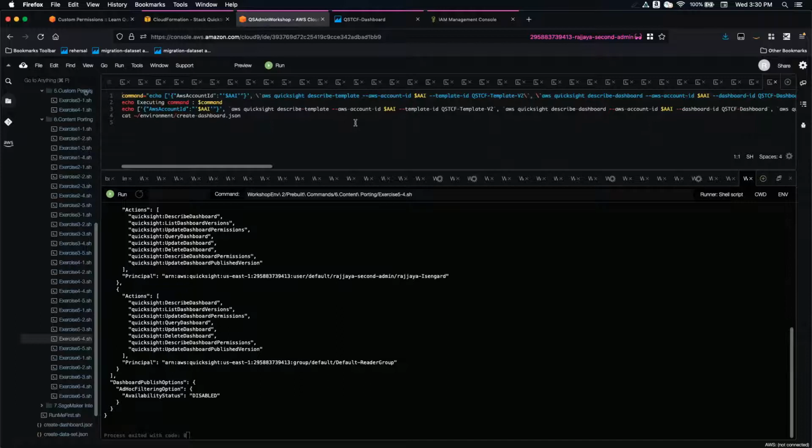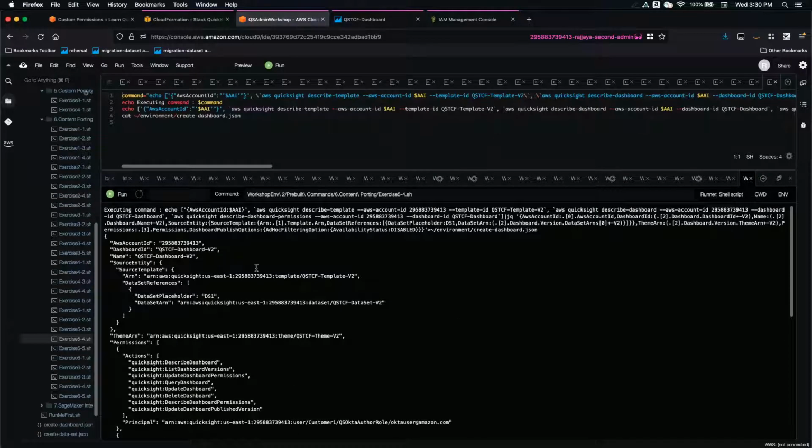A combination of all of the three commands that we executed earlier. So what this command does is it pulls information about our existing dashboard, the template that we created, as well as the permission associated with the existing dashboard, and creates a JSON file that we can simply pass to our